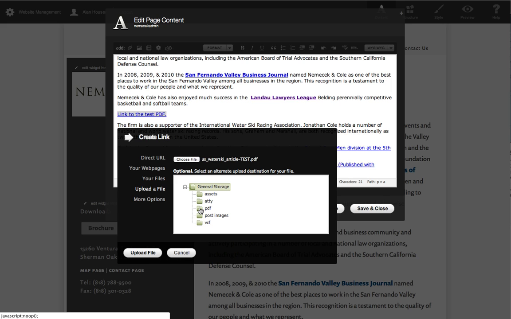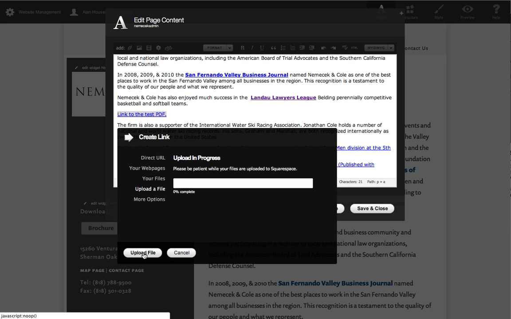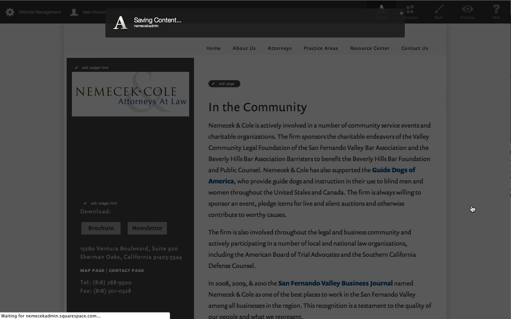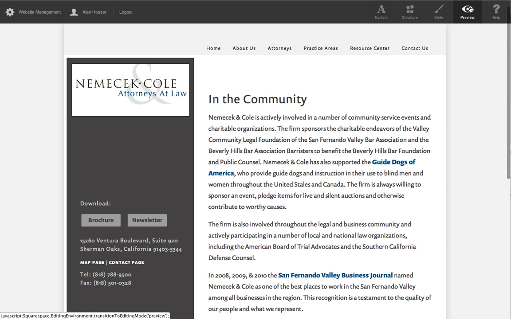So I'll show you how to set up all these directories and things. If you want more directories, you can certainly do that. But we have all the PDFs in a PDF folder. So there we go. I just selected PDF. And now I can go ahead and upload the file. And it's 590K. And there we go. So then if I hit save and close,